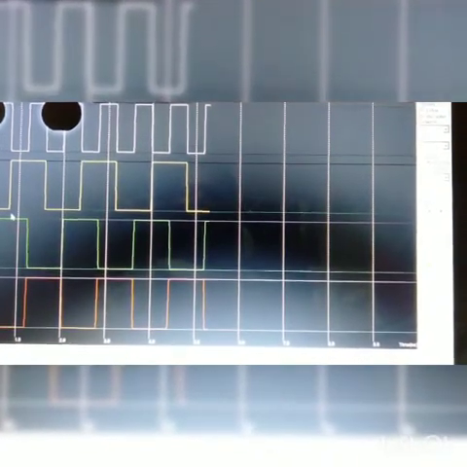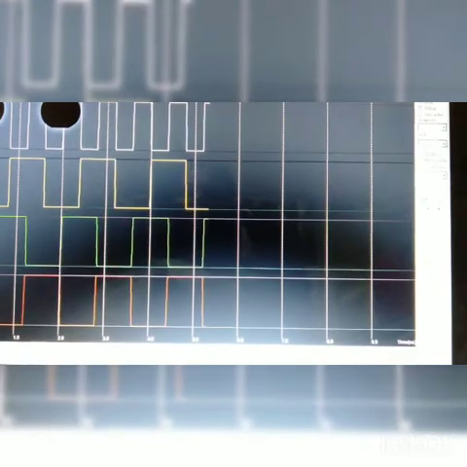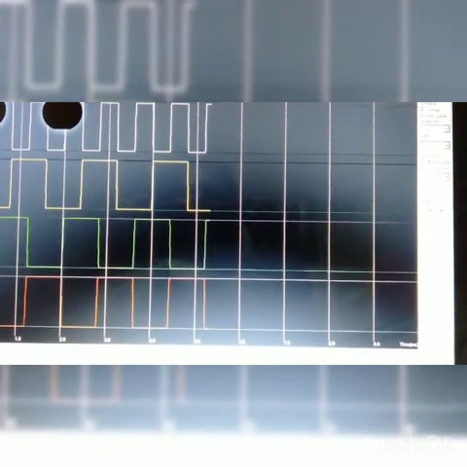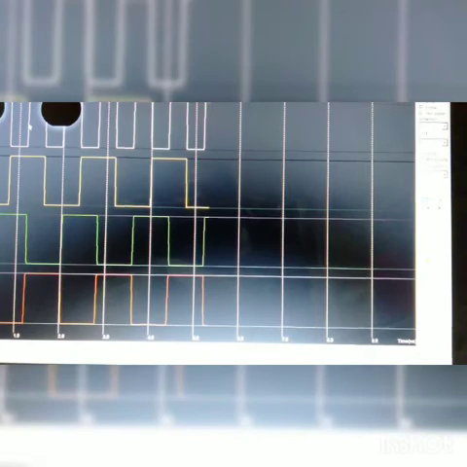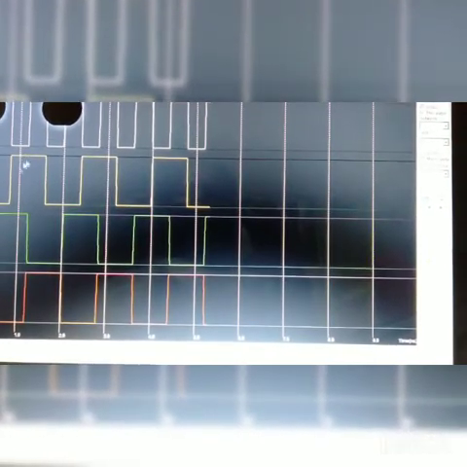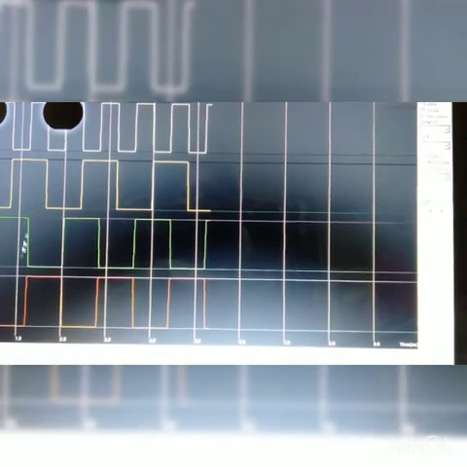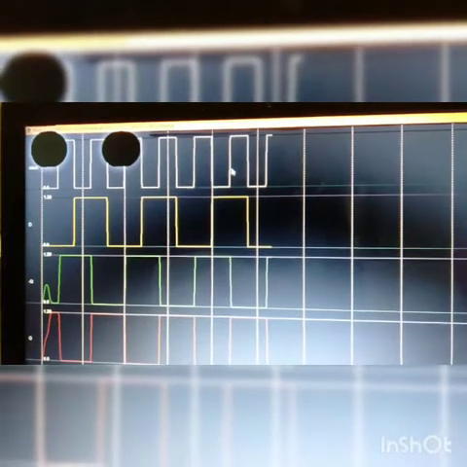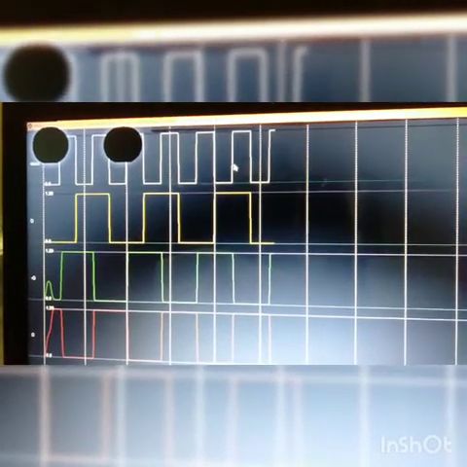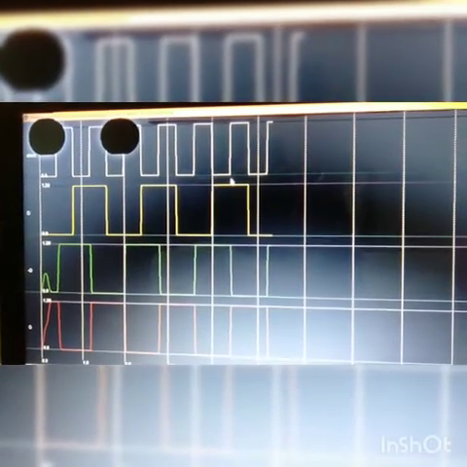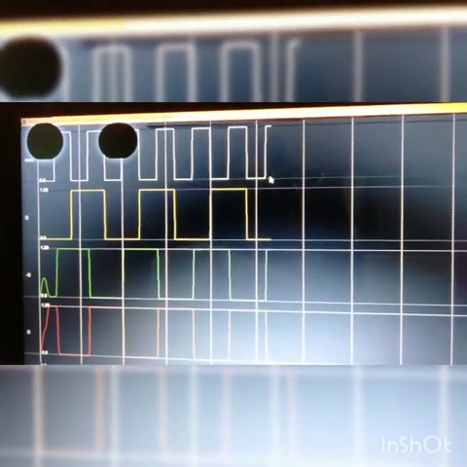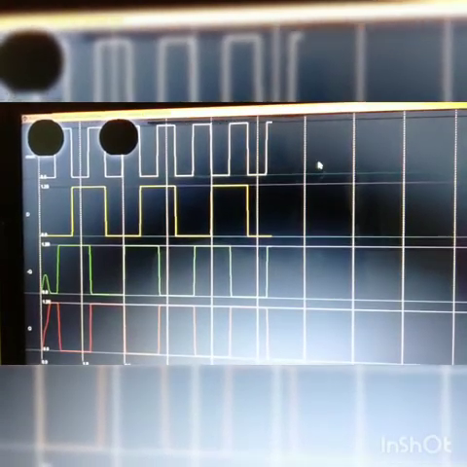How to check the output is that at the first positive edge of clock, D is 0 and Q is 0 and Q bar is 1. For the next positive edge of clock, D is 1, Q is also 1, and Q bar is also 1. So thank you. This is how you have to proceed with the layout diagram of any circuit diagram in the Microwind simulation. Thank you.